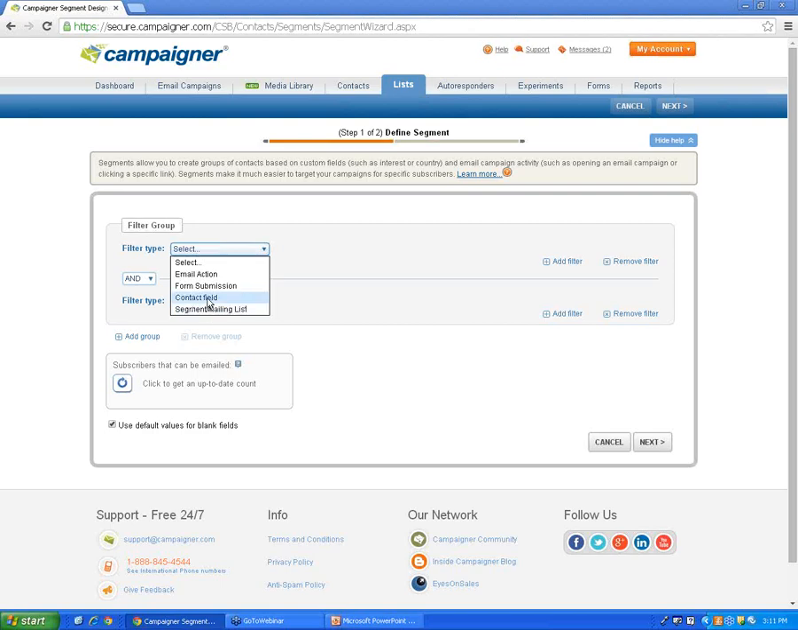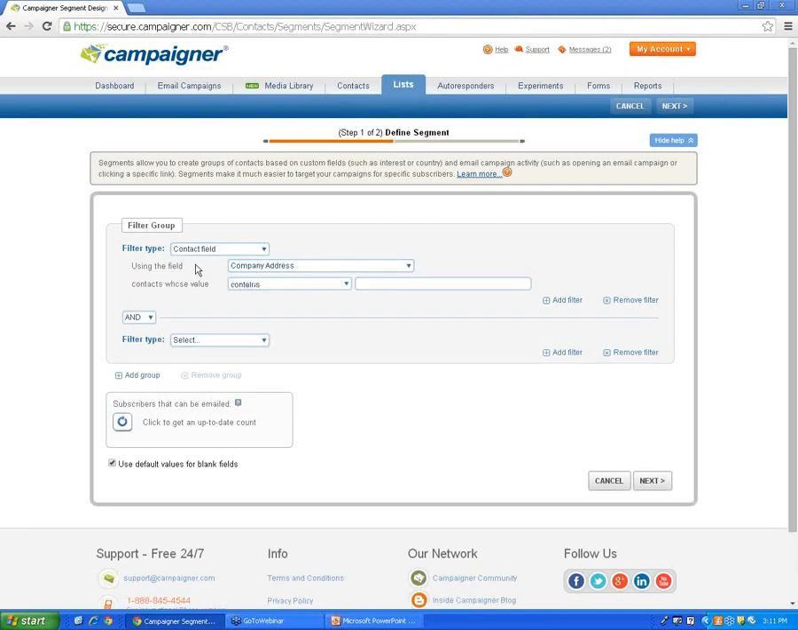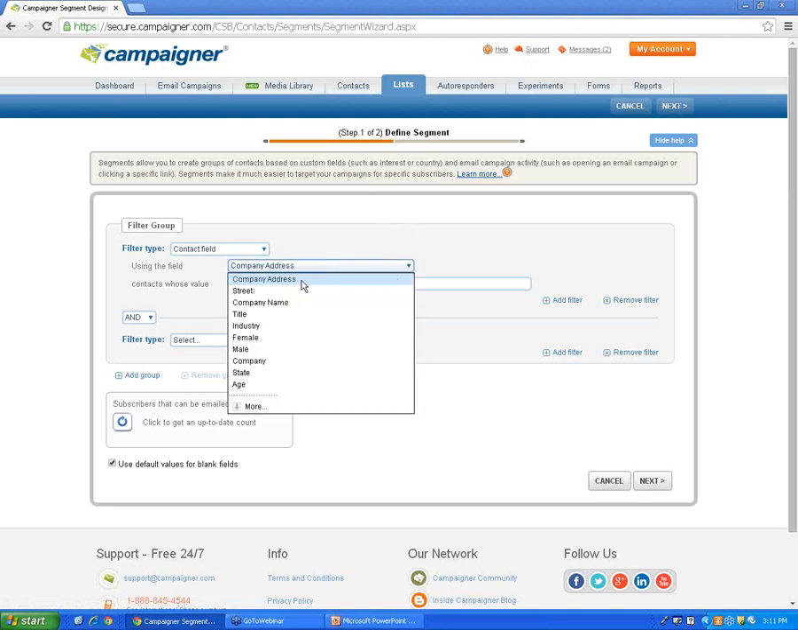Now for today, I'm going to go ahead and set up a segment based on where the customer is located. So contact field, it's going to show this little drop down here, and it's going to show all the fields that I have created within my Campaigner account. Of course this is a step that you'd have to do when you're uploading your contacts, which is underneath the Contacts tab. Fields would be, as you can see here, their company address, their street name, the industry that they're in, their state, any kind of information that you're going to be collecting from the customer. Birthday is also very popular because you might want to,